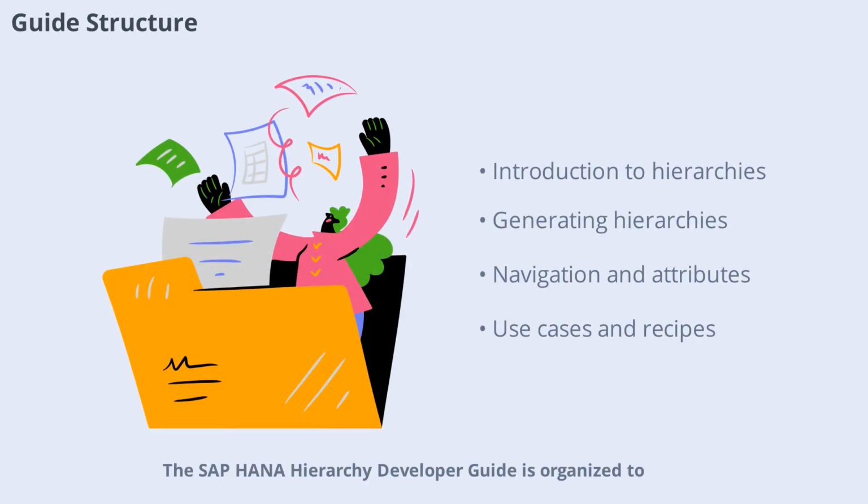The SAP HANA Hierarchy Developer Guide is organized to help you navigate from foundational concepts to advanced techniques. It starts with an introduction to hierarchy functions, then covers generating hierarchies, working with hierarchy attributes, and navigating hierarchical data. You'll also find sections on metadata views, comparisons with other SQL concepts, practical use cases, migration strategies, performance tips, and troubleshooting. This structure ensures you can quickly find the information you need, whether you're building your first hierarchy or optimizing